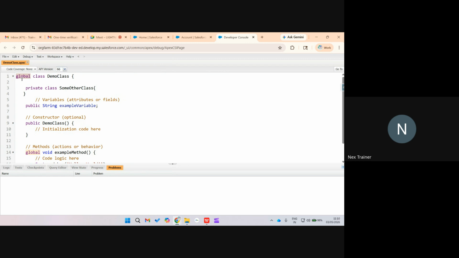Correct. But if that is global, they can access it. That is the main reason. So in those cases, you are going to mention the global access modifier. Some other cases are also there where you package the